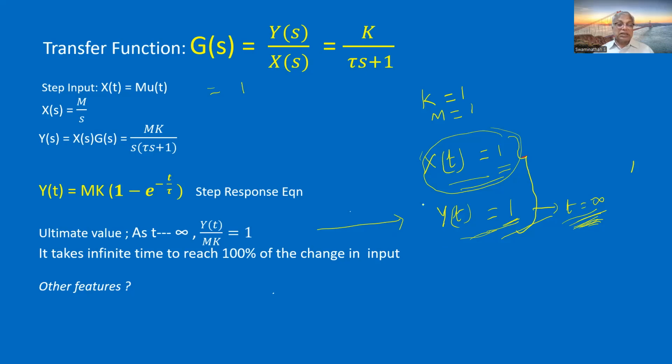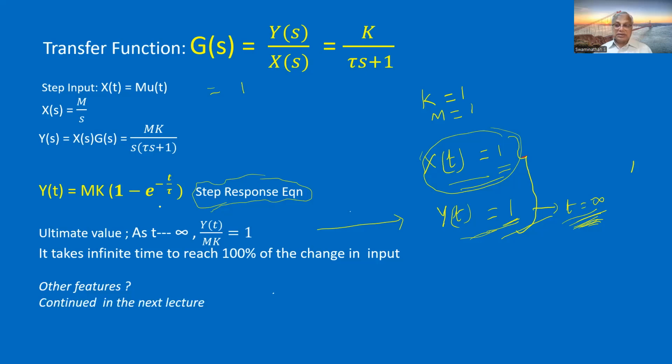So this step response equation tells us what will be the dynamic nature of the response between 0 and t. At t equal to infinity, we already have the numerical value. At other times, between 0 and infinity, the response is represented by this equation. What are its features? How will it behave from t equal to 0 onwards? What are the other features? So we'll see